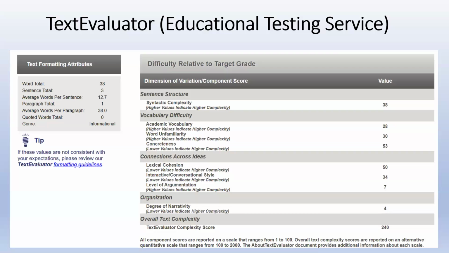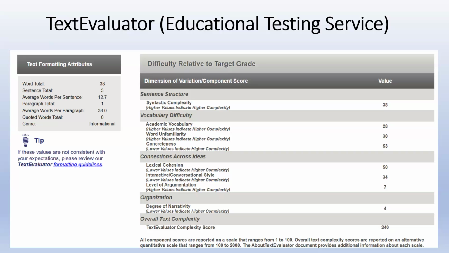So in order to actually test our hypotheses, we used the Text Evaluator tool, which is designed by the Educational Testing Service in the United States. This tool allows us to upload a piece of text, and it is then analyzed in terms of both quantitative and qualitative features.